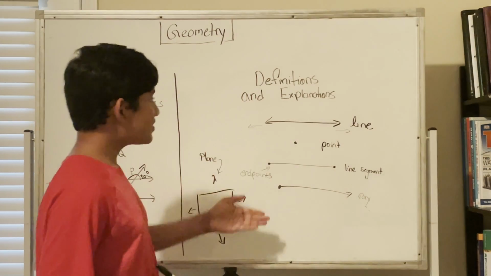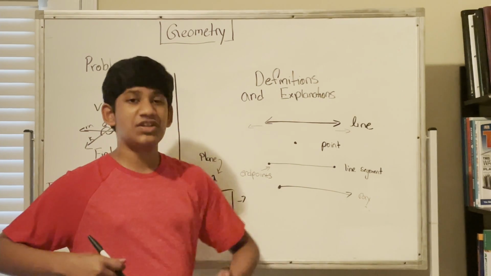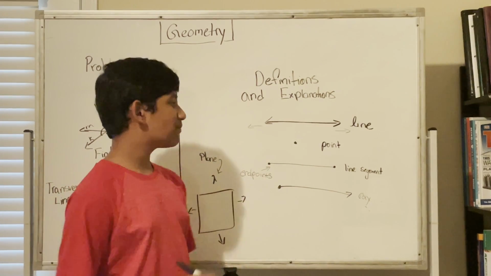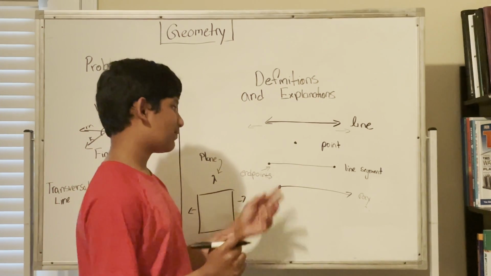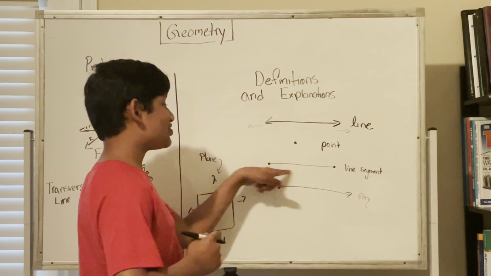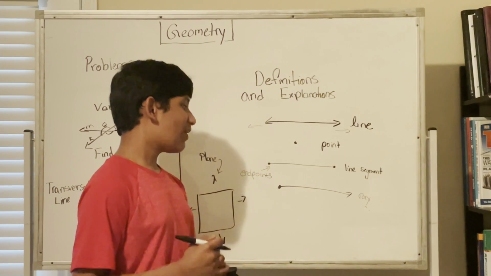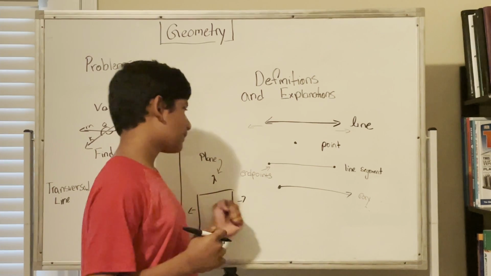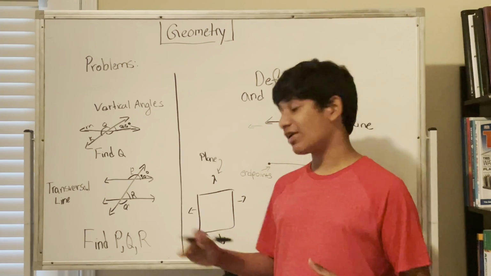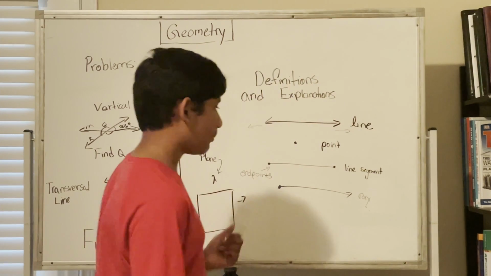Okay, these are essentially just all the basic definitions you need to know in geometry until you move on to all the shapes and Euclidean things. Okay, so we have a line which extends indefinitely in both directions. We have a point which is just essentially a dot in space. We have a line segment which has two endpoints and doesn't extend indefinitely, but has essentially just a line in between it. We have a ray, which is an endpoint and extends indefinitely in only one direction. And then we have essentially a plane, where a plane extends indefinitely in all these directions over here. And we have squares and two-dimensional objects on a plane.